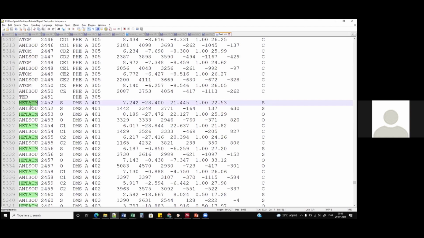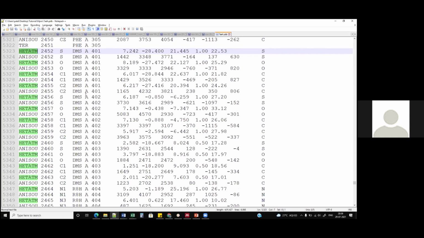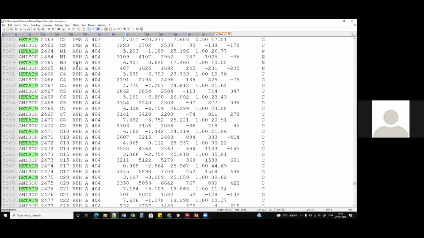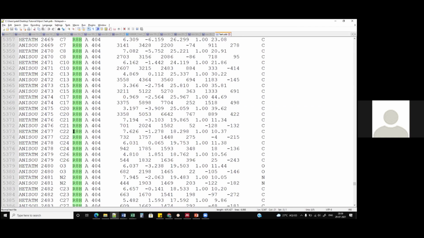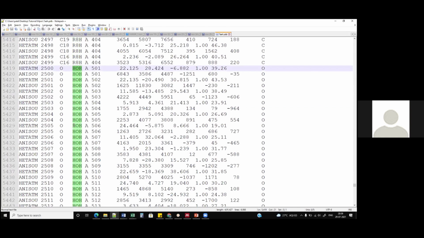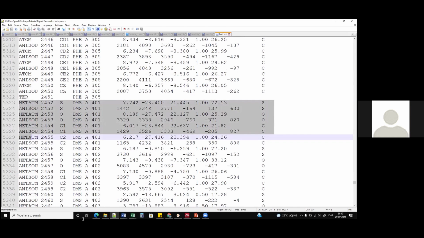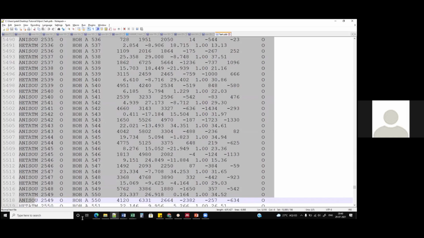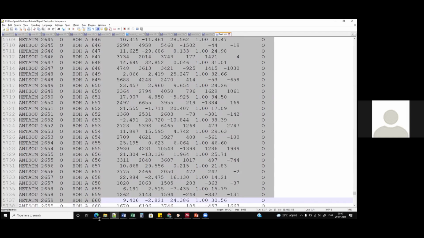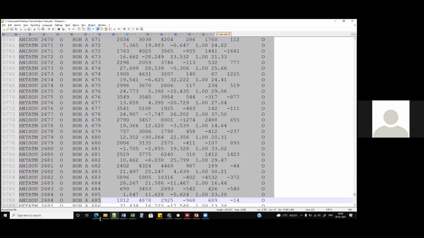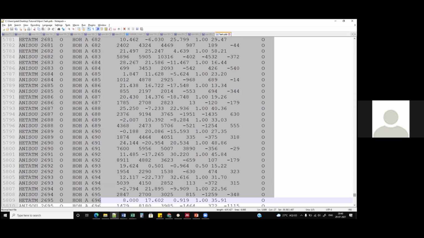And now what we have is heteroatom information. These are all molecules other than the protein. We have DMS, that is dimethyl sulfoxide, DMSO in this case, which would be used in crystallization. Then we have a ligand named R8H, and then we have the water molecules. So simply what you can do is select this entire heteroatom part and go down. There are shortcuts too for the same: we can press Shift, Control and End, or the down arrow. So we'll do the same.